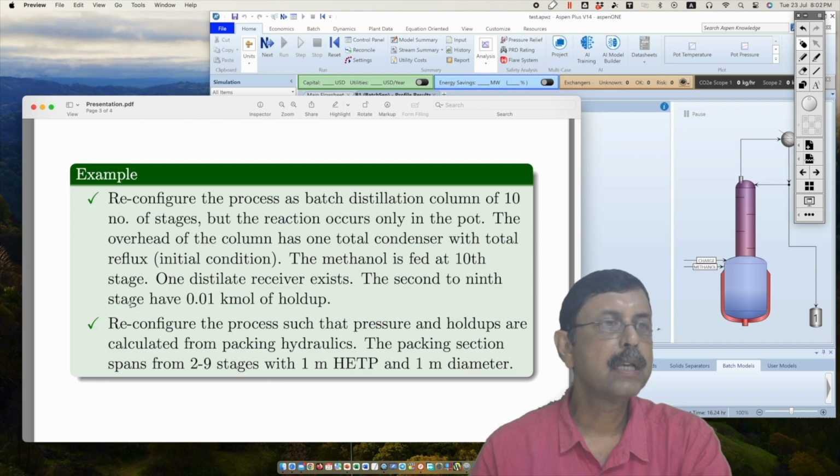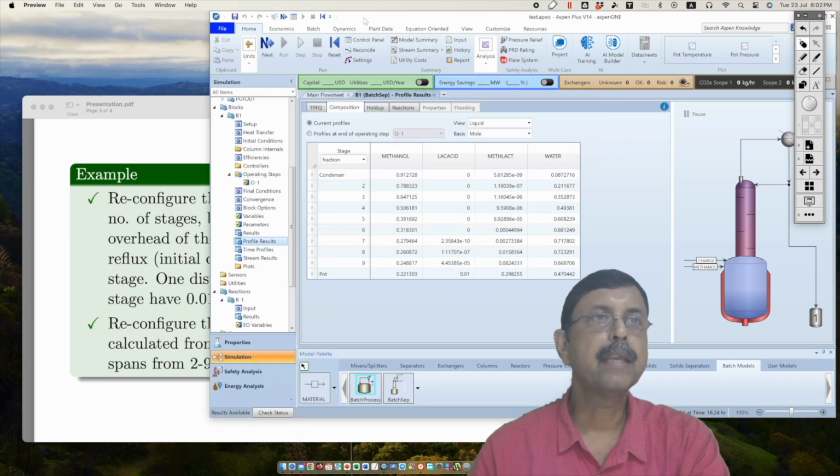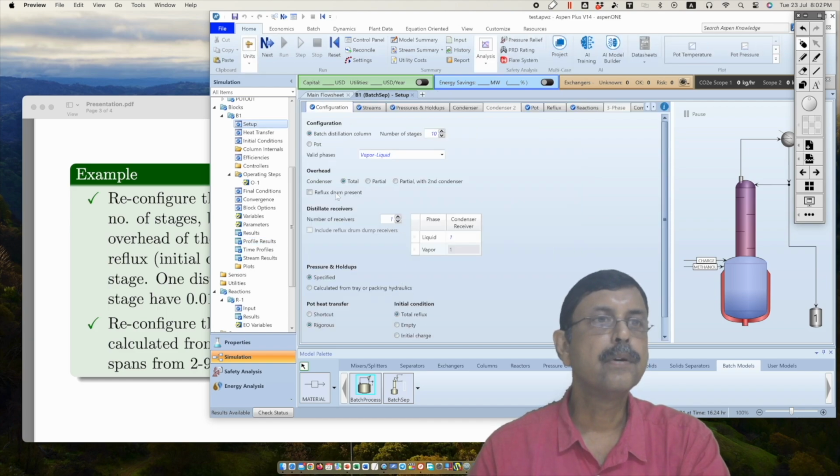Now let us go to the last problem. It says reconfigure the process such that the pressure and holdups are calculated from packing hydraulics. Okay. So last time we avoided the packing hydraulics, but in this problem we are asked to use the packing hydraulics. So in this case we will not specify the pressure and holdup. Rather, we will calculate it from the packing hydraulics. So we will choose this button,